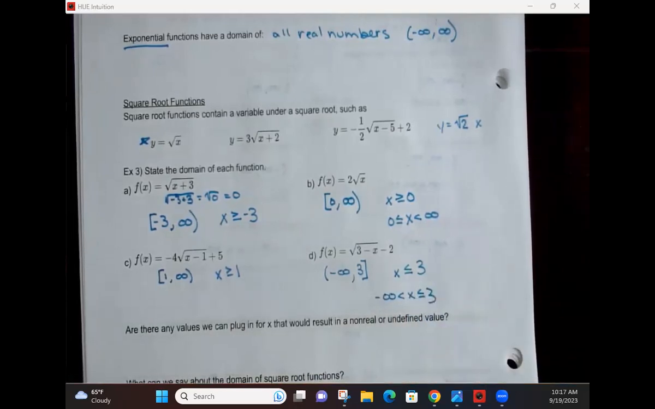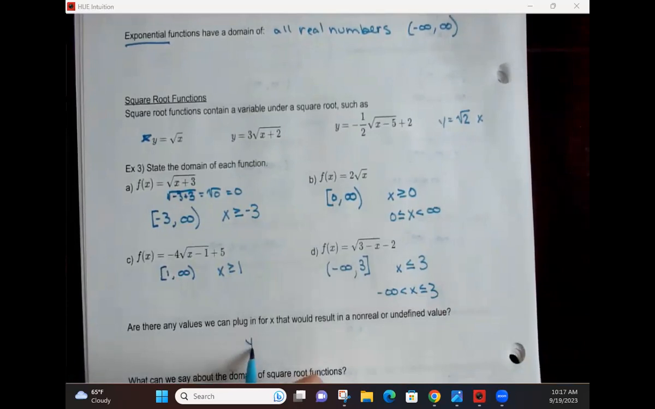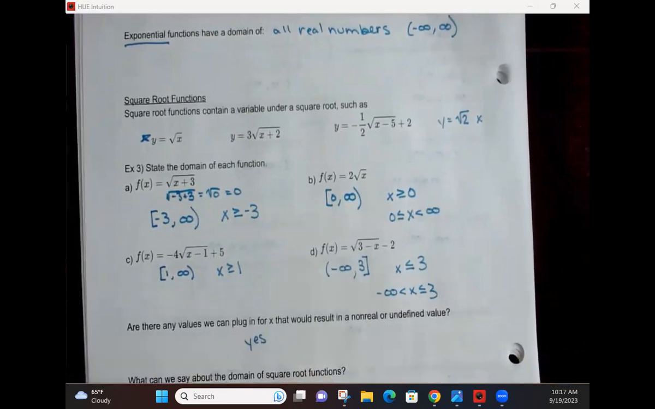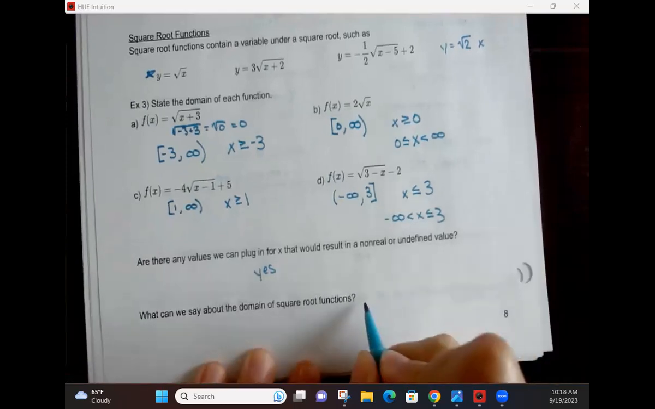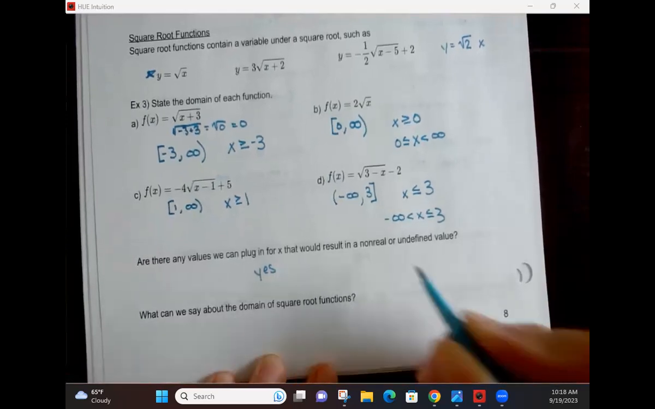So were there values here that we had to exclude because they gave us a non-real value? Yes. Can I make a general statement about the domain of all square root functions? Like all real numbers like we did for the others? No, I can't say all positives or all negatives, that's going to depend on the particular function, right? For square root functions, what we can say is that we need x values